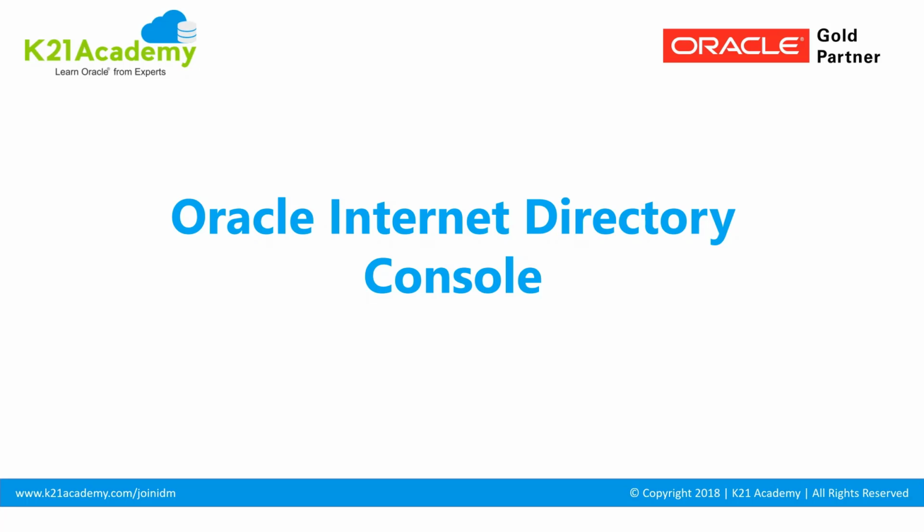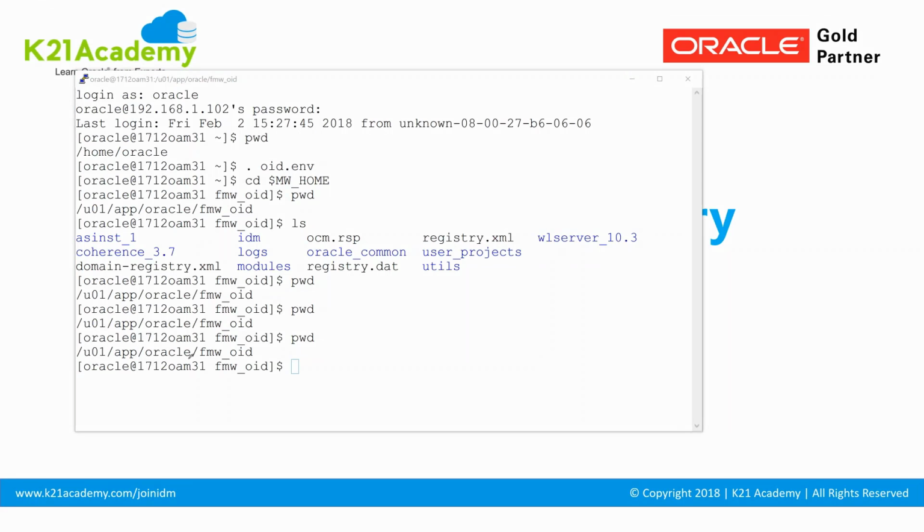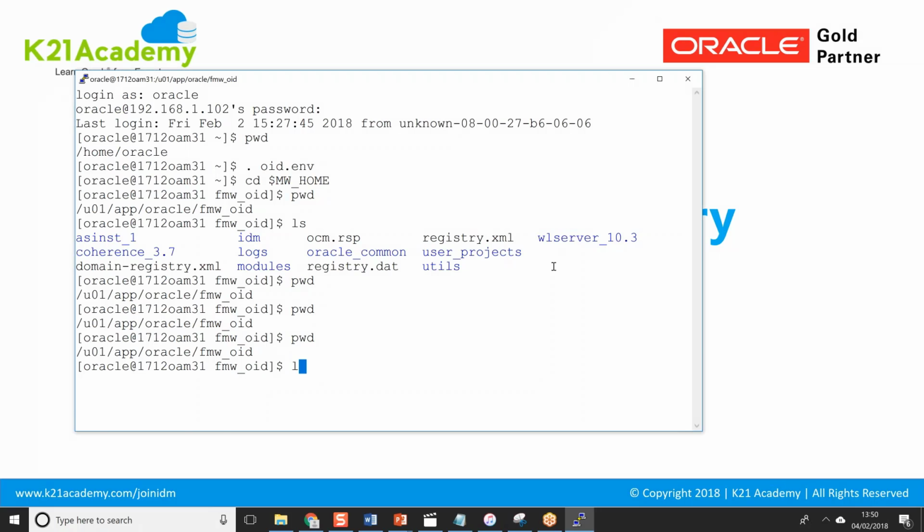Welcome back to this next lesson, which is Oracle Internet Directory Consoles, and we are going to look at various consoles. But before we go on to the console, let me quickly walk you through the file system. So what you see here is the middleware home. We installed our OID inside u01/app/oracle/fmw_oid, and inside that you can see